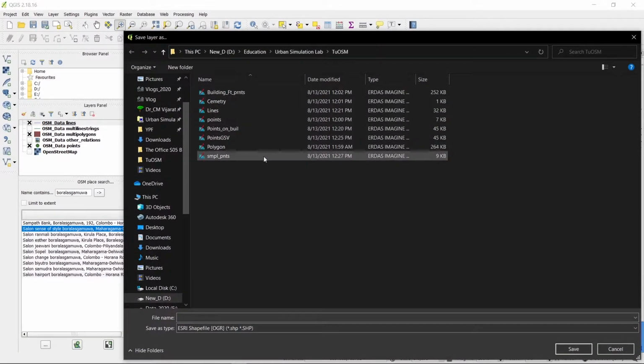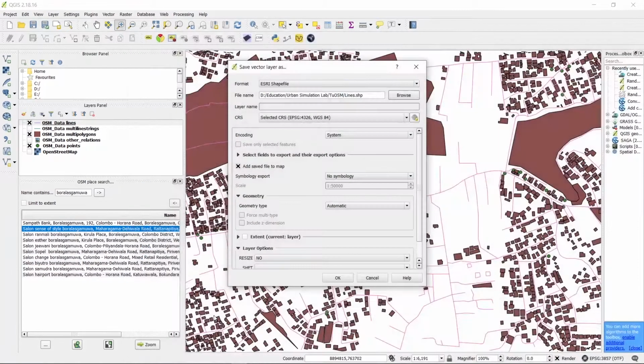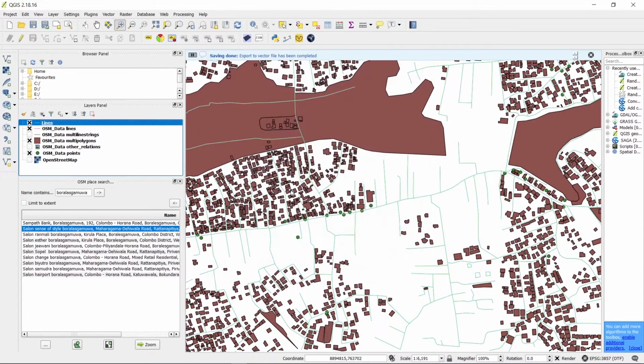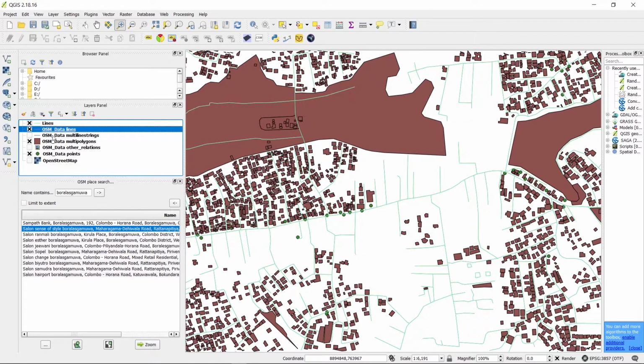I will save this as lines. Okay. Override, because I have already saved a file with the name lines. I'm going to overwrite it. Export vector file has been completed. Okay, so this is the exported file. I'm going to remove this OSM data lines.